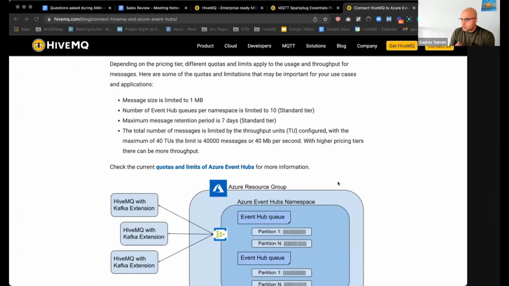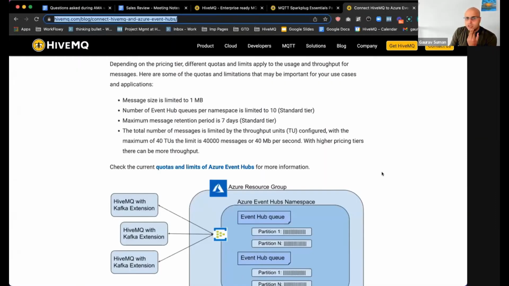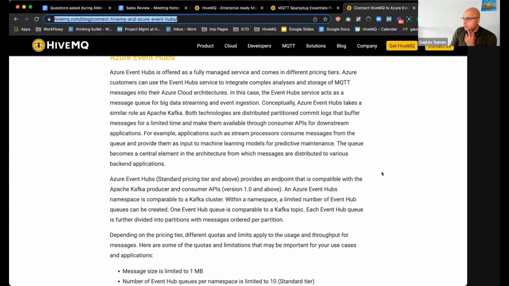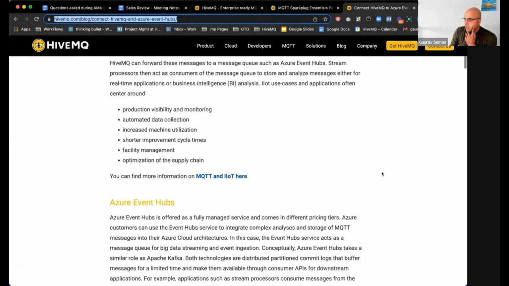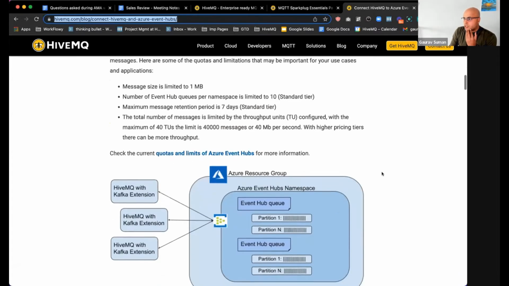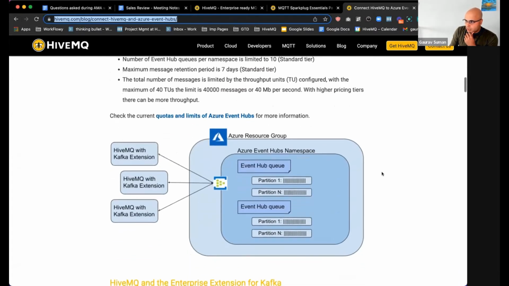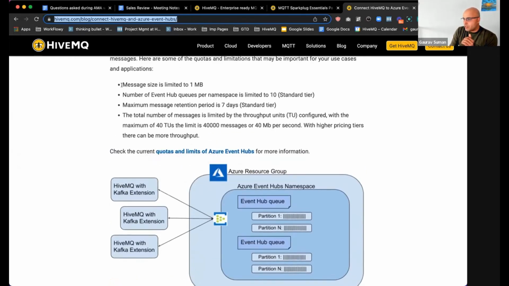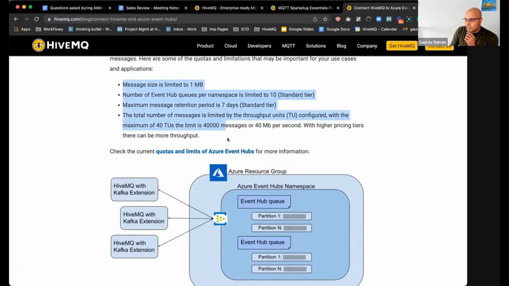In fact, I was going to show this particular blog post, which was done by Matthias. You can see my screen. Jayashree, can you confirm you can see the blog post? Okay, perfect. Matthias, who's on Jens' team in our professional services group, goes in depth into how the HiveMQ extension for Kafka, which, as Jens mentioned, is invoked at runtime and starts to do its job. There are very particular nuances, as you can see here, around message size, etc. So we've done a deep dive on this, and you're welcome to check this out